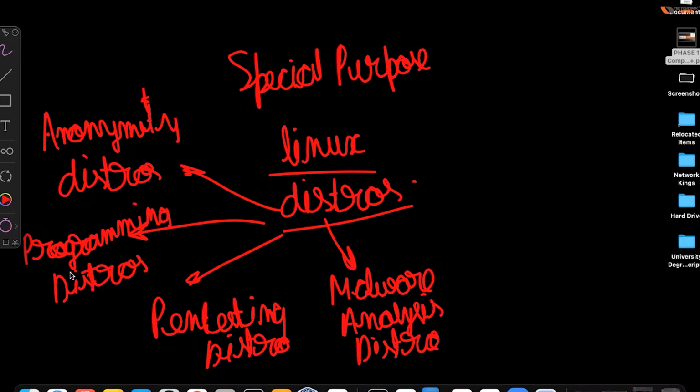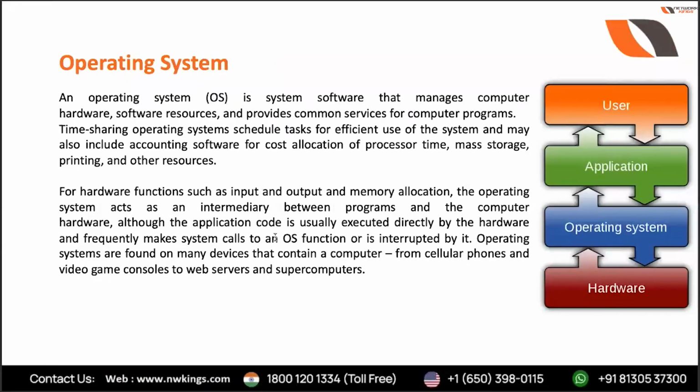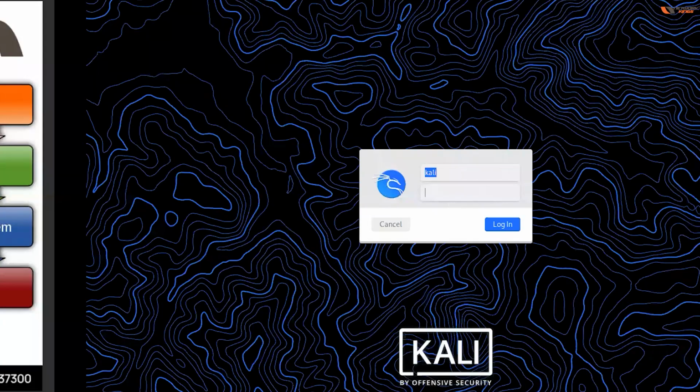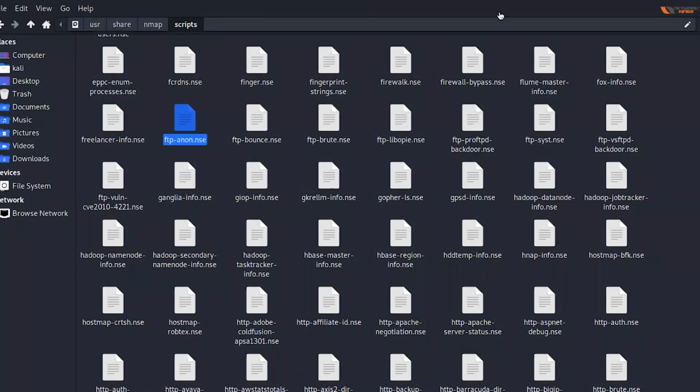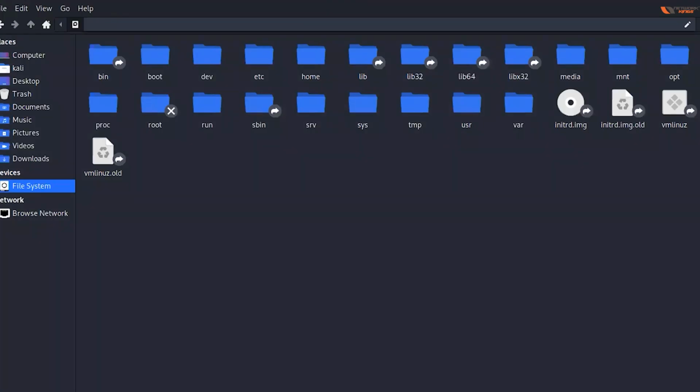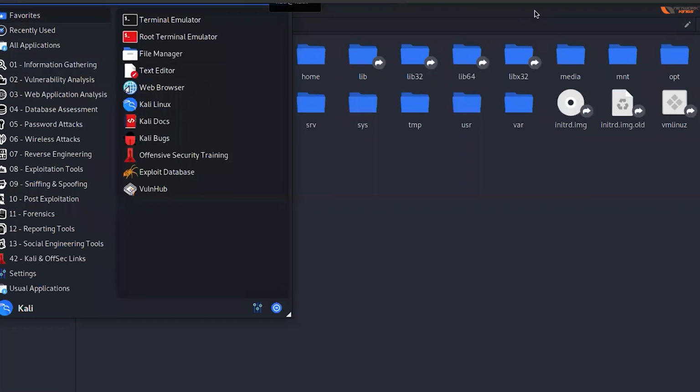So pen testing distributions आ गई हमारी Linux की, जिसमें you already get all the tools that are required for penetration testing. Okay, for example, जैसे ये आ गया मेरे पास Kali Linux. So this is the latest version of Kali Linux 2021.3, and as you can see here, it has all the applications that are required for us to learn penetration testing. ठीक है, दिख रहा है सबको ये? Is everyone able to see this? Yes or no? सबको दिख रही है ये चीज?